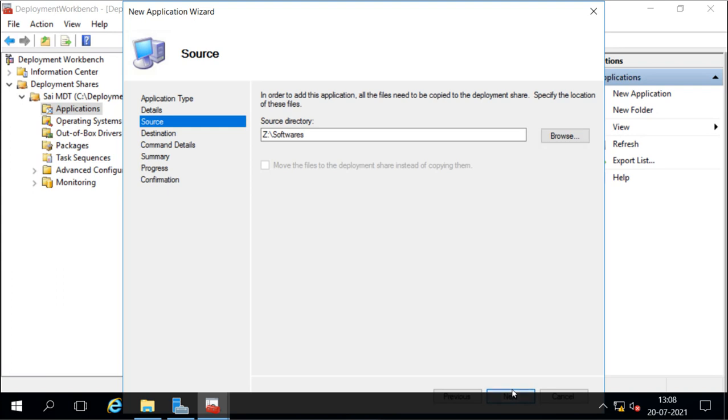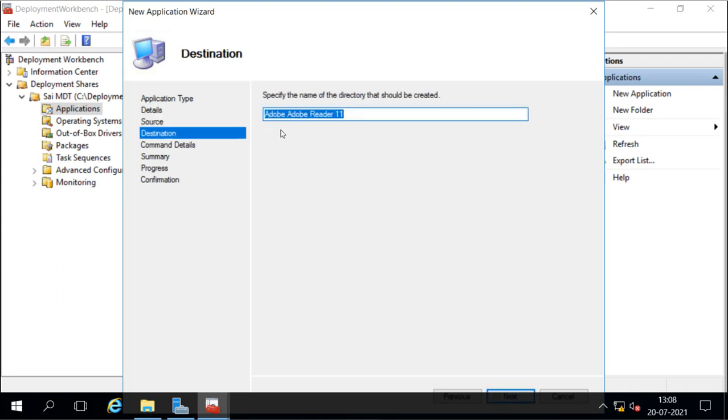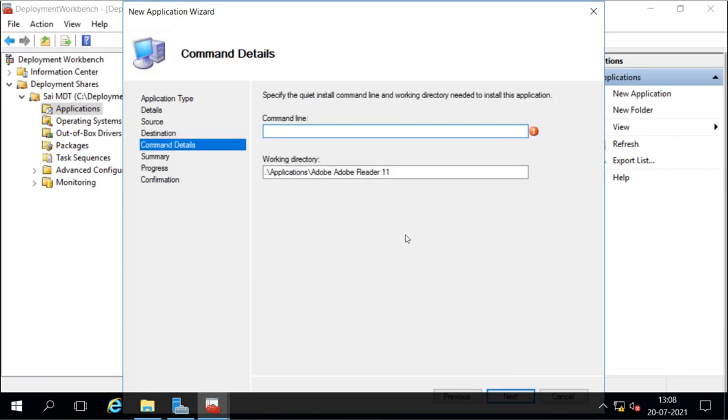Now this is the name. I say yes. Now you have to provide the command that needs to be used to install the application. Basically the command for installing the application is msiexec /i for installing, and then you mention the name of that .msi file. So the name of the file is this.